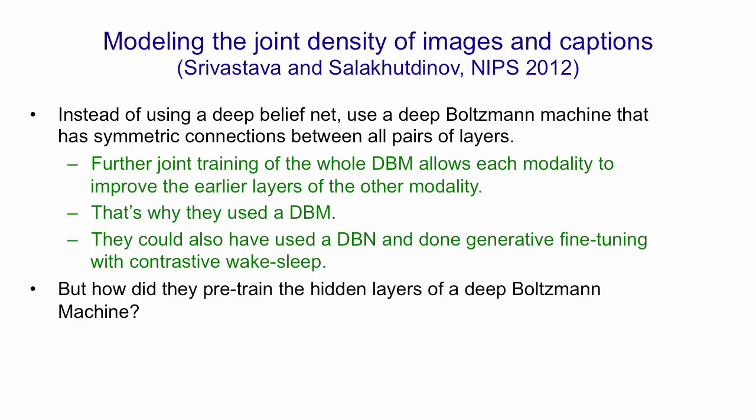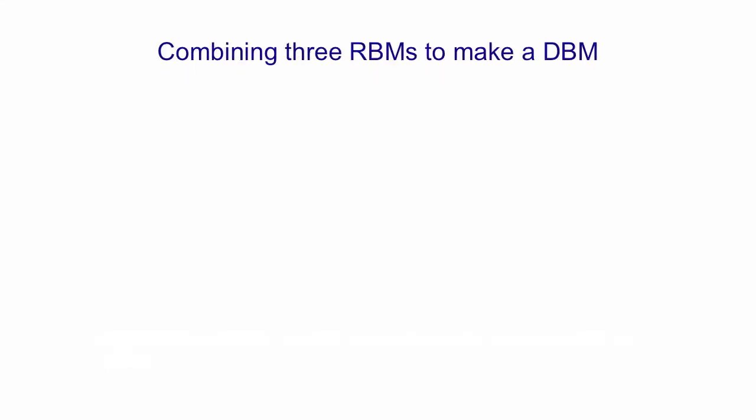This leaves the question of how they pre-trained the hidden layers of a deep Boltzmann machine. Because what we've seen so far in the course is that if you train a stack of restricted Boltzmann machines and you combine them together into a single composite model, what you get is a deep belief net, not a deep Boltzmann machine. So I'm now going to explain how, despite what I said earlier in the course, you can actually pre-train a stack of restricted Boltzmann machines in such a way that you can then combine them to make a deep Boltzmann